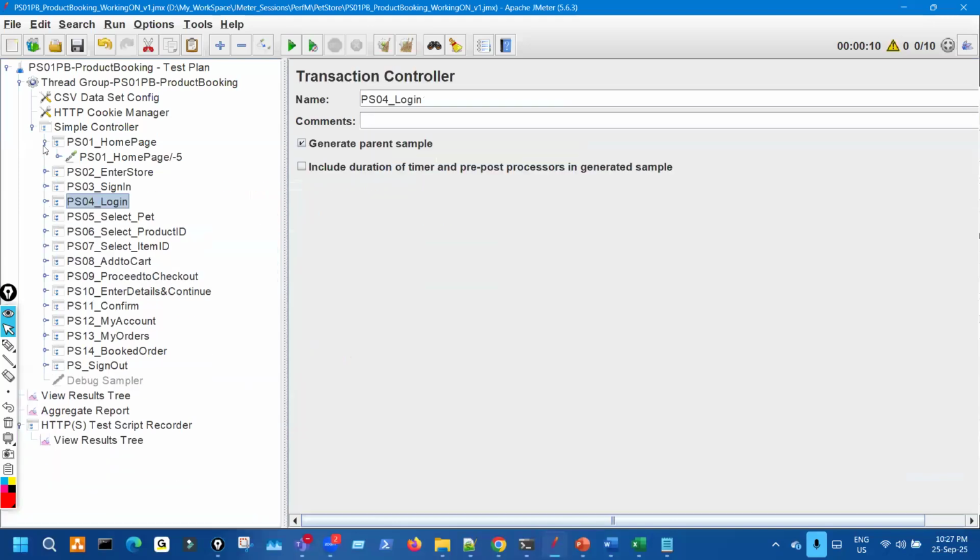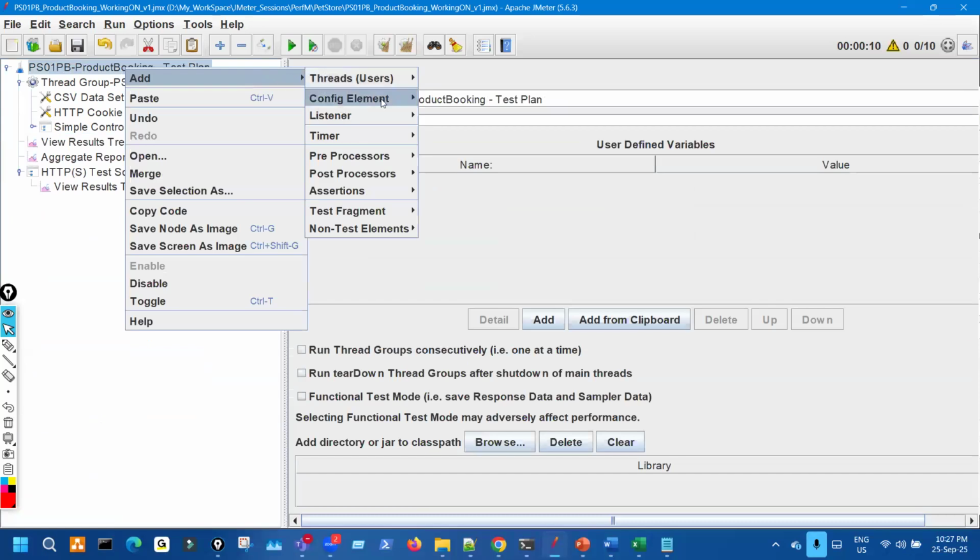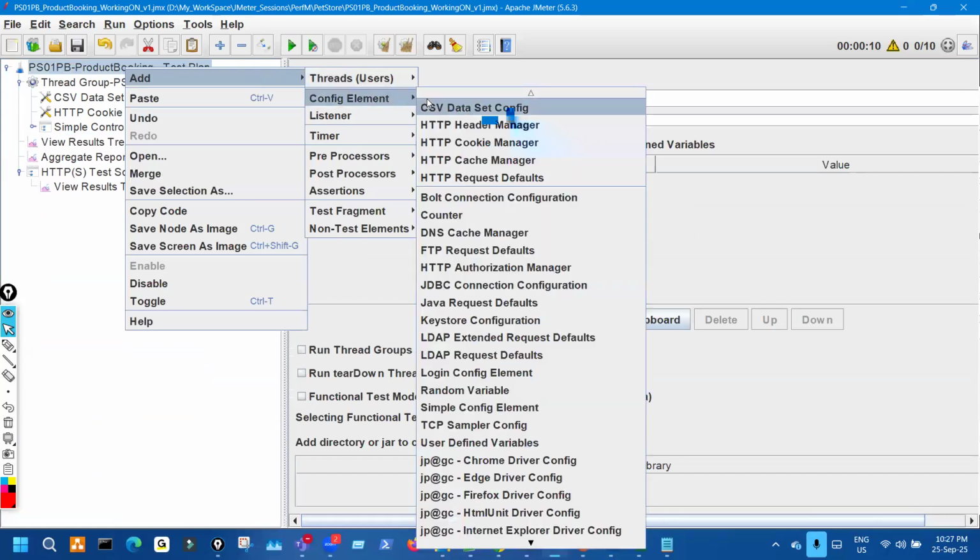So instead of that, what we do is you right click on test plan, go to add, go to config element, and